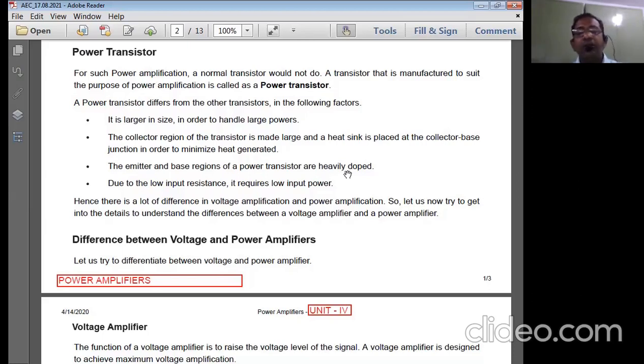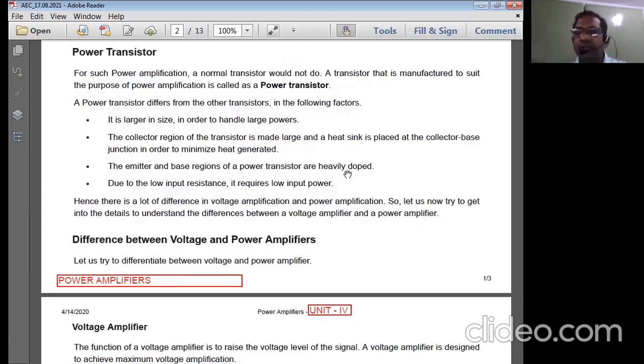In order to enable that, what has to be done compulsorily? The voltage and current both have to increase. If both increase, then definitely the power gain is also going to increase, because the power gain formula is equal to the voltage gain multiplied by the current gain. Because voltage gain cannot increase beyond its rated value, what is the option left over now? After that, current gain has to be improved so that there is an abundant power gain in comparison with voltage amplifiers.